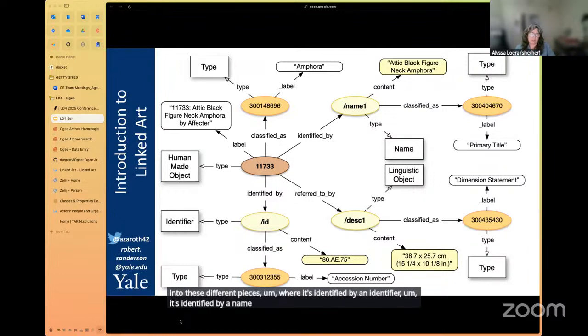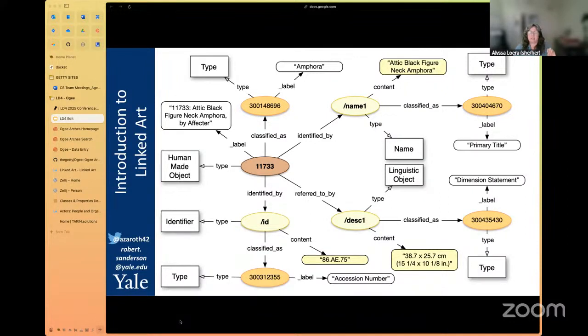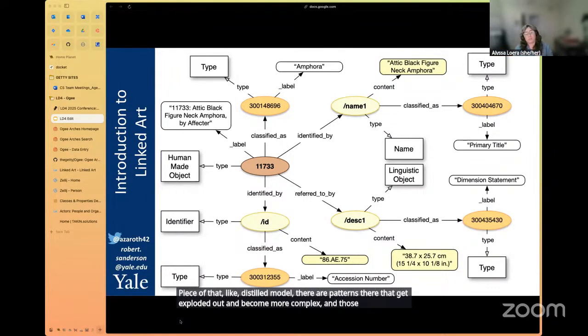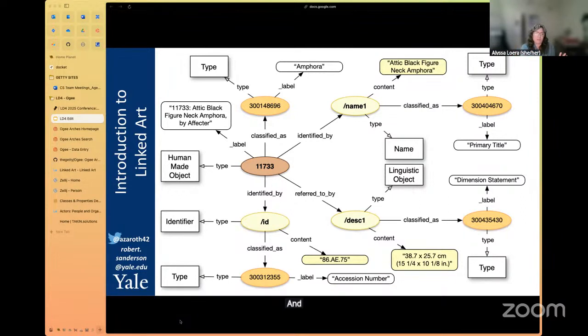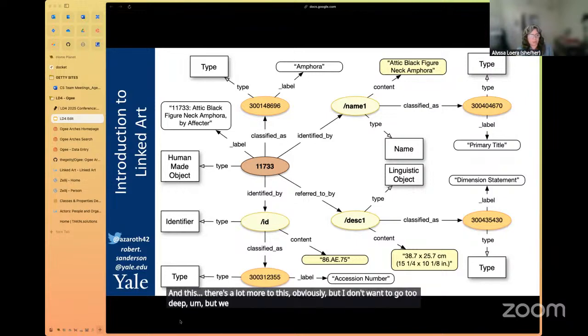You can see that with every piece of that distilled model, there are patterns there that get exploded out and become more complex, and those are the pieces that in the end get mapped into the API endpoints. And there's a lot more to this, obviously, but I don't want to go too deep, but we can definitely answer more questions about it.